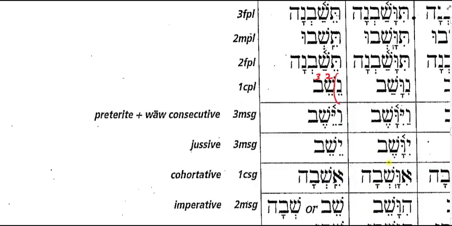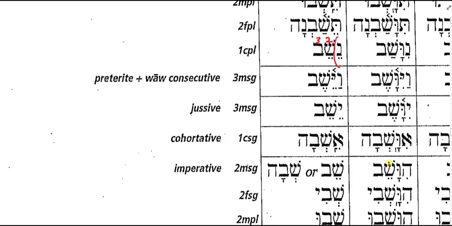That's not all I've got in my verb form. I have for the cohortative a qamets he on the back side. Now, in the paradigm, I'm only given the 1CS. What would the 1CP form look like? I would just put a noon here where the aleph is, and everything else would be the same. Ne-shevah. Ne-shevah. Go back to your homework.